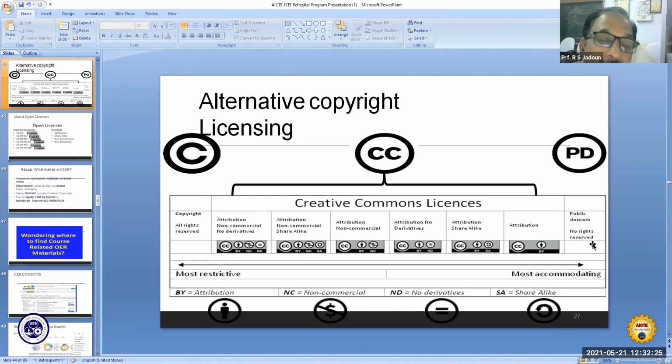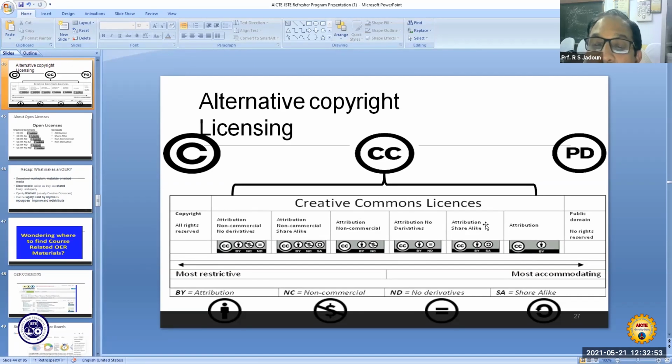So is this clear? On the one extreme, we have the material available which is covered under the copyright. So that is all rights are reserved. You cannot use it without the express permission of the author or the creator. Then there is huge content available with these 6 licenses of the Creative Commons, CC.